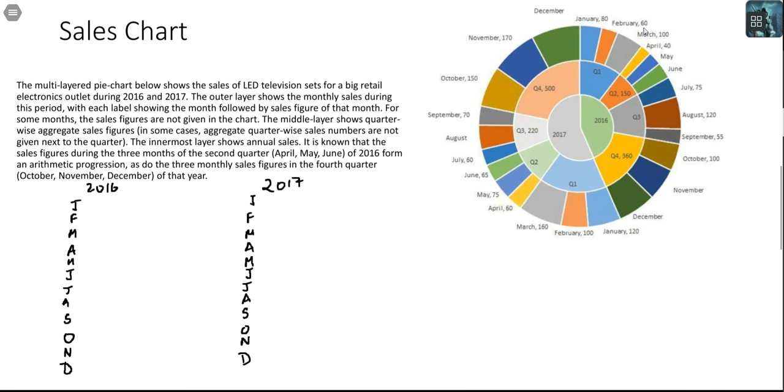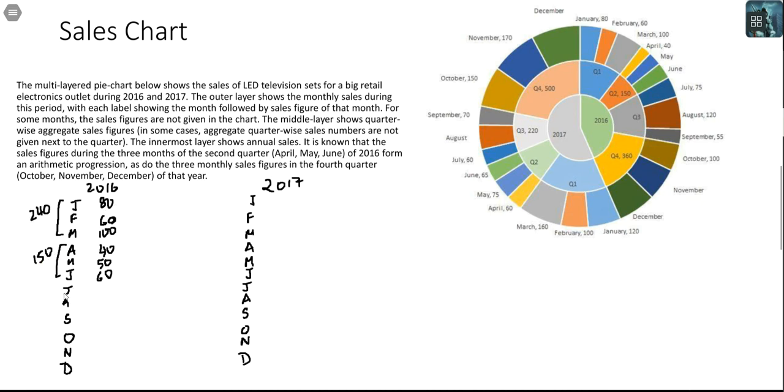Okay, I have 80, 60, 100 here. I have 40 something something, so first record 40 here. We were told the second quarter of 2016 forms an arithmetic progression. If the total is 150, the middle term should be the average of these 3 months. It should be 50 here. If you have 40 and 50, the third month will necessarily be 60. I can also calculate the total here. The total here should be 240.